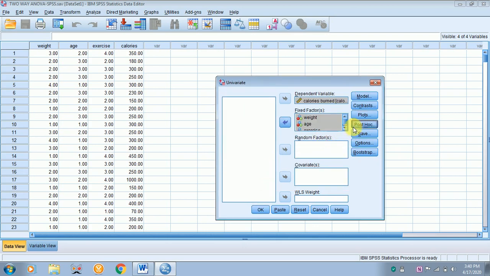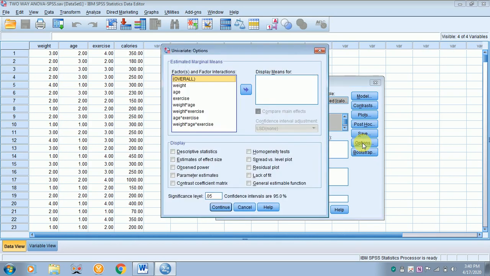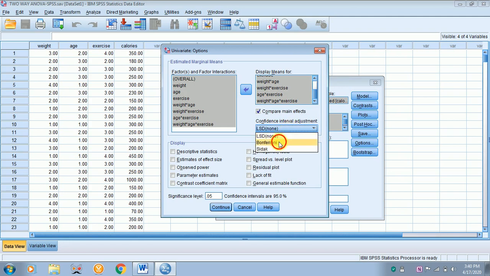I am not clicking post hoc since I have got pairwise comparison to be explained. Then click options, select all the variables in one go with the help of the shift key, place them in display means for, then click compare main effects. Then for confidence interval adjustment, let it be Bonferroni, since the type 1 error will be reduced.